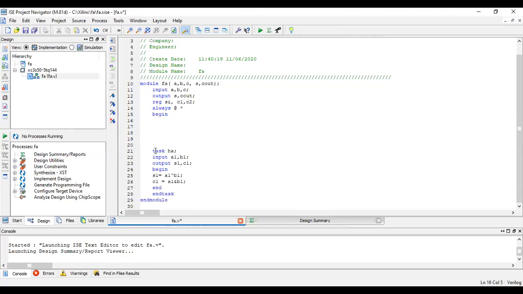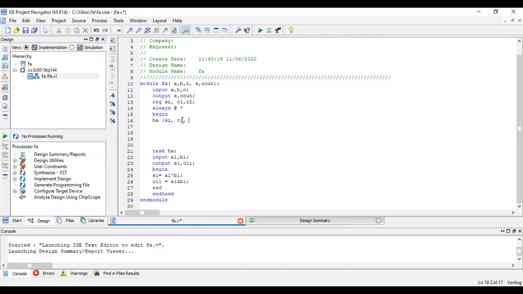Now this task is representing one half adder module. To use it as a full adder, I require two half adders. So the first task I'll be calling is half adder. This is how we are going to call this task, as we have seen in the task calling function. Here I'll write the intermediate sum S1 and the intermediate carry C1. I've made C1 over here already, so I'll just take it as C11. So the output of this is S1 and C1.